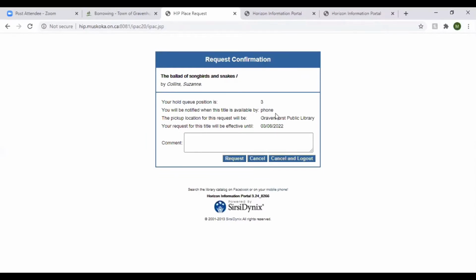So the library will call and say, hey, when can you come pick it up, and you'll set up a time and come pick that up. If you want to put a comment in, you're welcome to. You don't need to, though. There's no reason to. So I'm going to just click on request, and that will be put on hold for